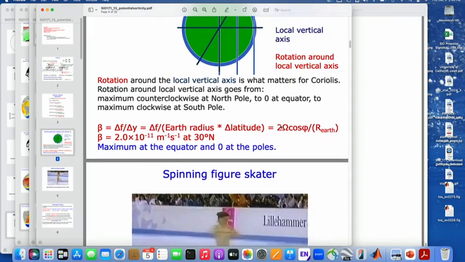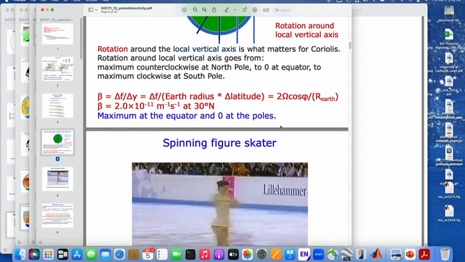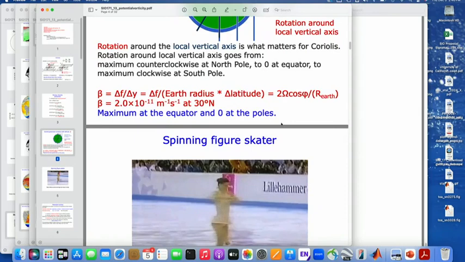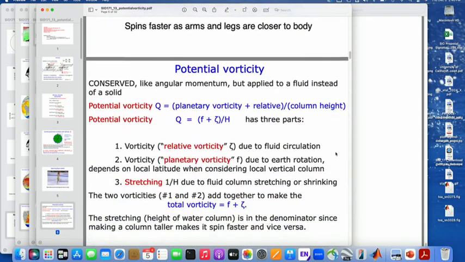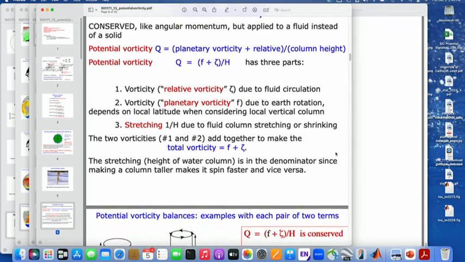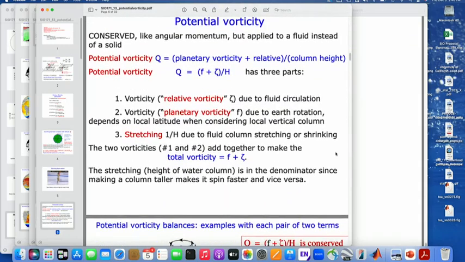It's about 2 times 10 to the minus 11. I don't need you to memorize that. If I ask you to do something where beta matters, maybe I'll give it to you. And then the important thing in this lecture is that potential vorticity is conserved,